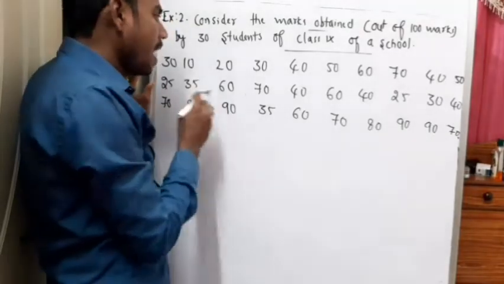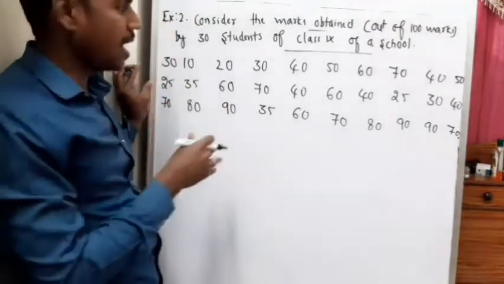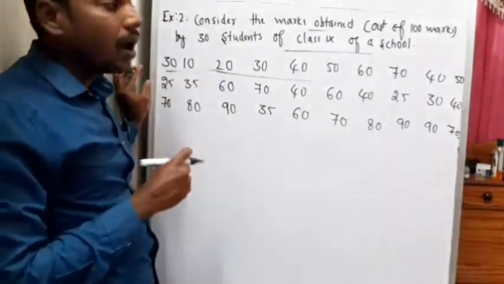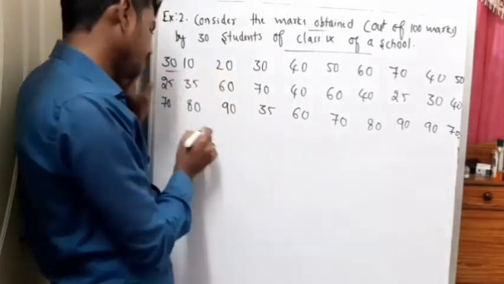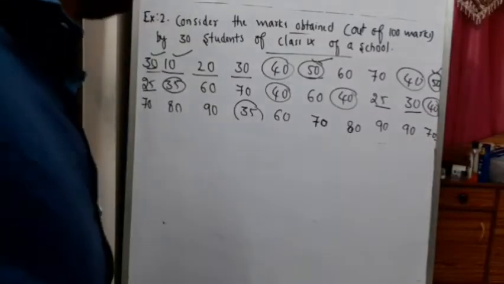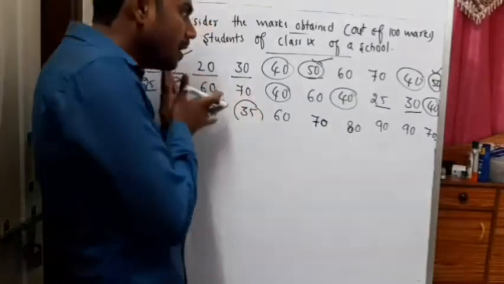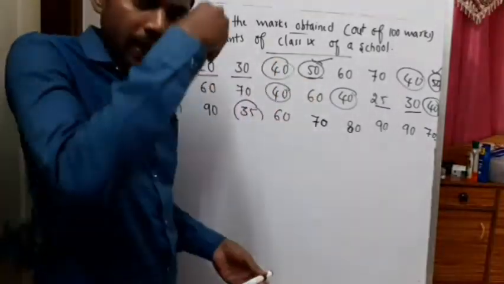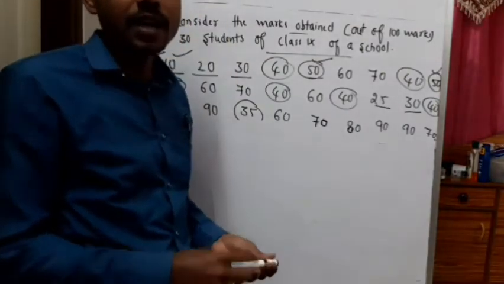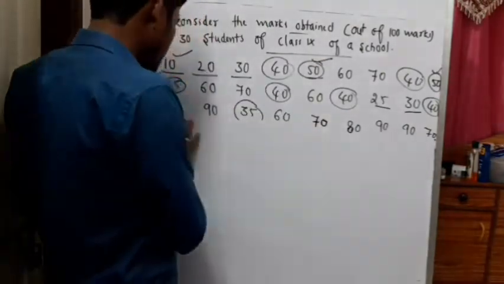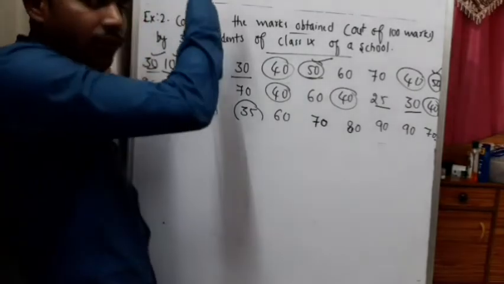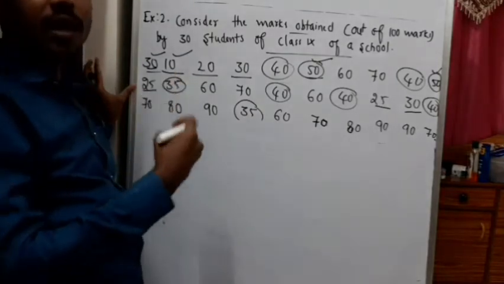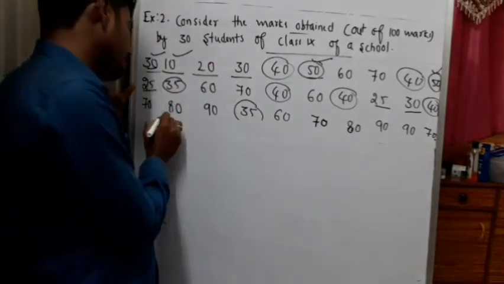If you present this data directly, can you do any analysis? It will be quite difficult. So we will arrange this data in a meaningful way. If you look at the data directly, it will be very difficult to do the analysis. To make our analysis easier, we'll improve this data representation. How can we improve it? Directly writing the data in ascending order is again difficult. What we'll do is arrange it in a frequency distribution table.